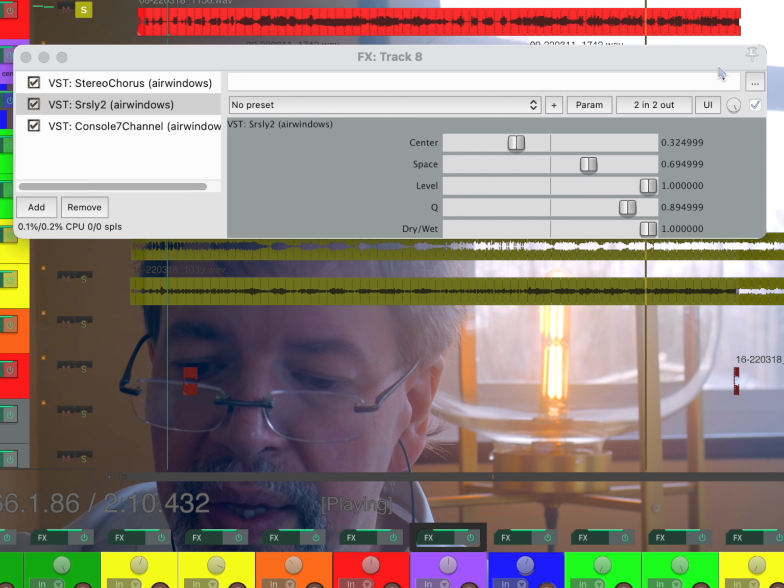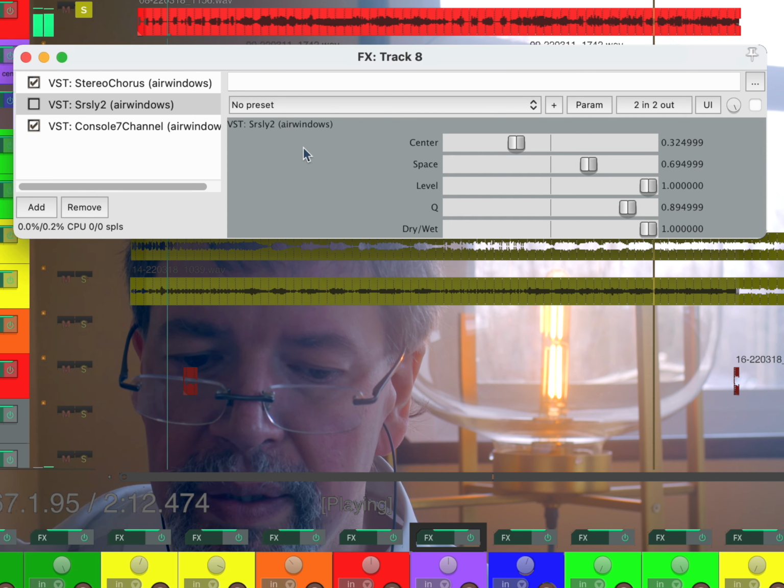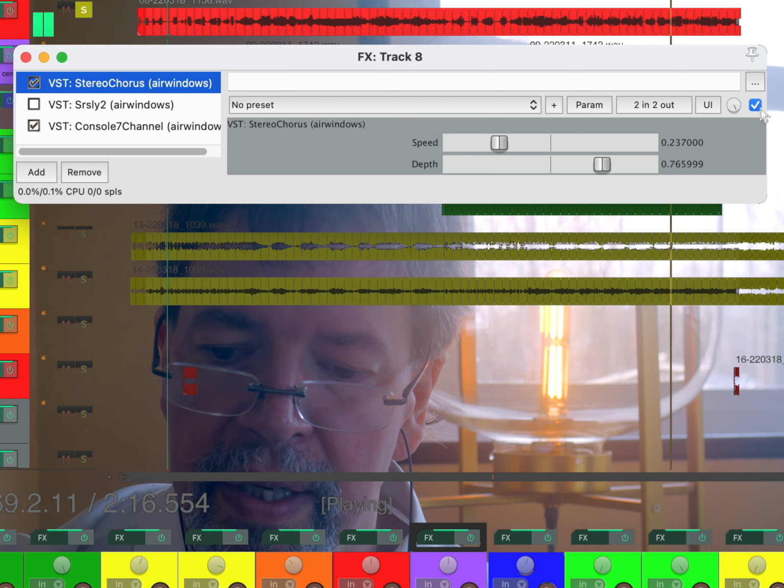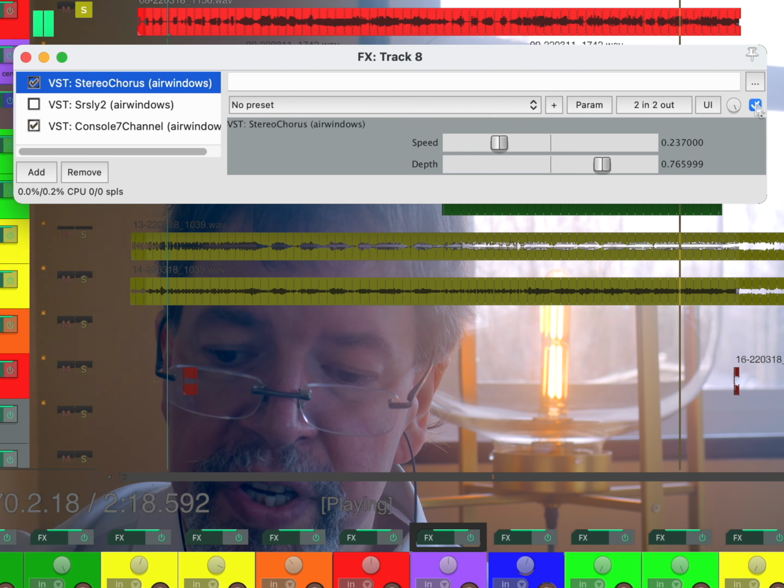Also, back to StereoChorus. And then we'll turn StereoChorus off. And this is actually what I had sitting in the regular track. If this track sounds interesting to you,